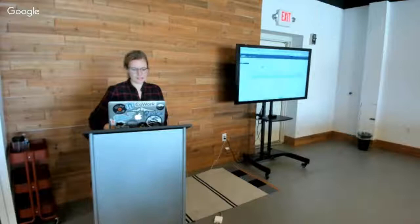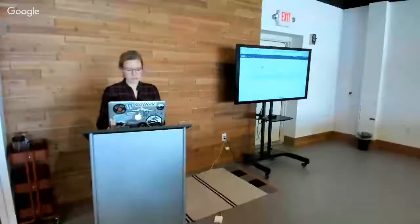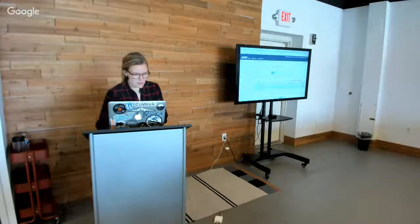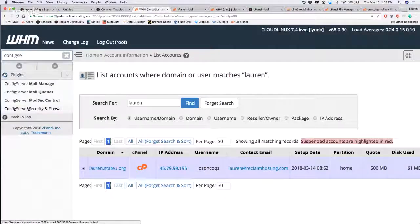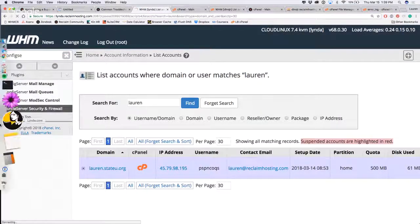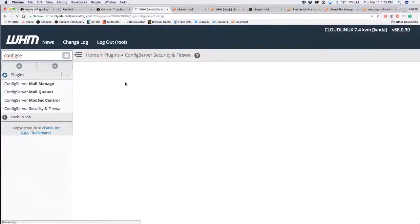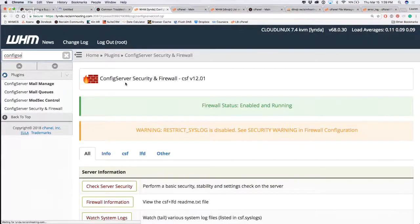I can show you where that is here. If we go in WHM, you're going to want to search for something called config security. Okay, it's up here right here. So it says ConfigServer Security and Firewall. And if we ever wanted to unblock an IP address, gosh, things are loading super slow. We would come down into a section called Quick Allow and Quick Unblock. Huge lag. If you come up here and you search security, config server, any of that,